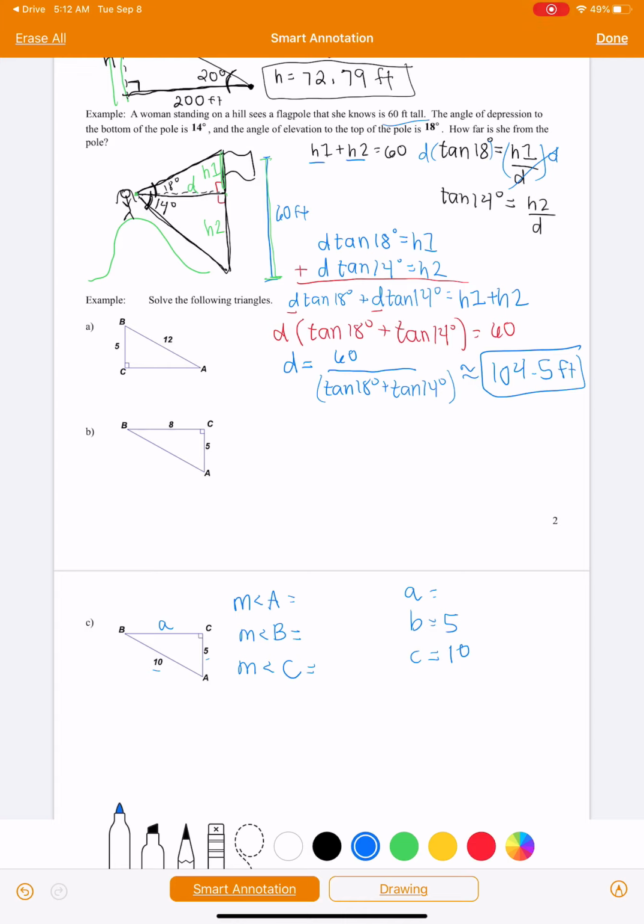Okay, if we want to find side length A, we can use our handy dandy Pythagorean theorem. As always, you can use that if you have two side lengths and a right triangle. We need a right triangle to do any of this, and notice we do have that here. All right, so to find side length A,